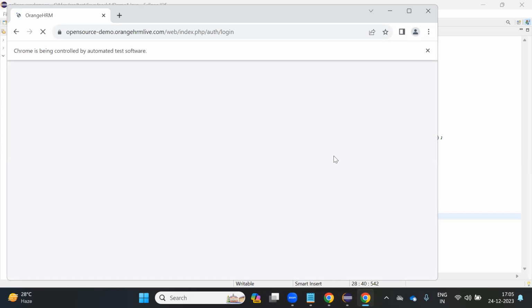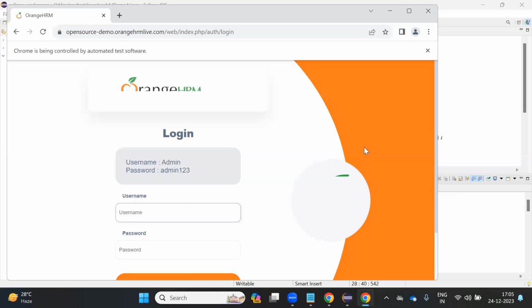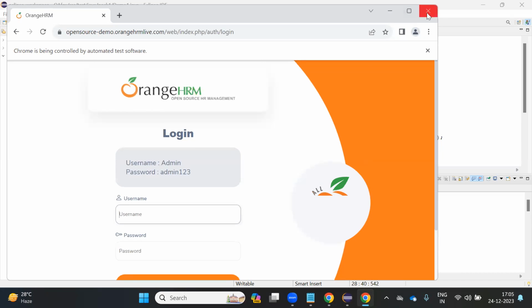You have to wait for the web page to get loaded on the browser. I think we should have used another URL as it's taking too much time. You guys can use another URL. It's completely fine. Whatever URL you want to use, whatever web page, whatever website you want to use, you can use that. Okay, the page got loaded here. I'll close this browser manually